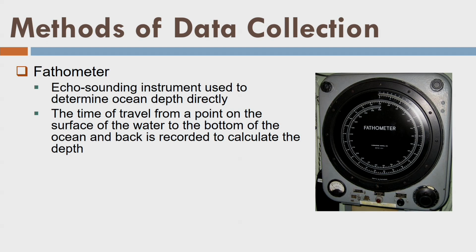Okay. So now we have the fathometers, or what we call echo sounders. Originally they are named fathometers, and nowadays we are using the term echo sounder. What it does, it basically sends some sound waves into water, and that sound waves interact with the surface of the seabed or the river bed, and it reflects back the energy of the sound, and again it is collected by the instrument.